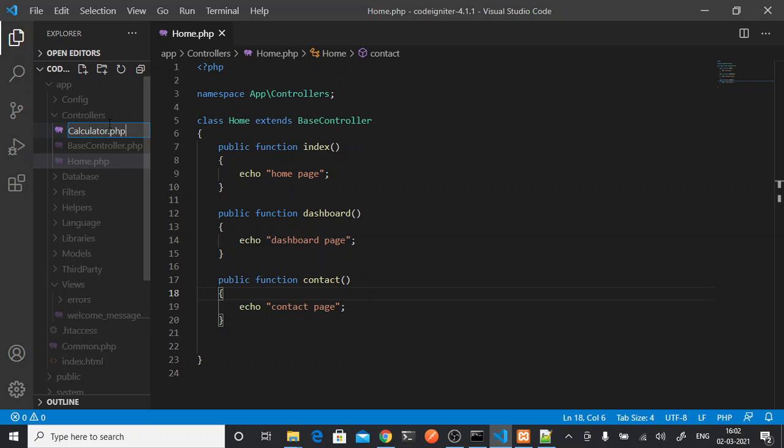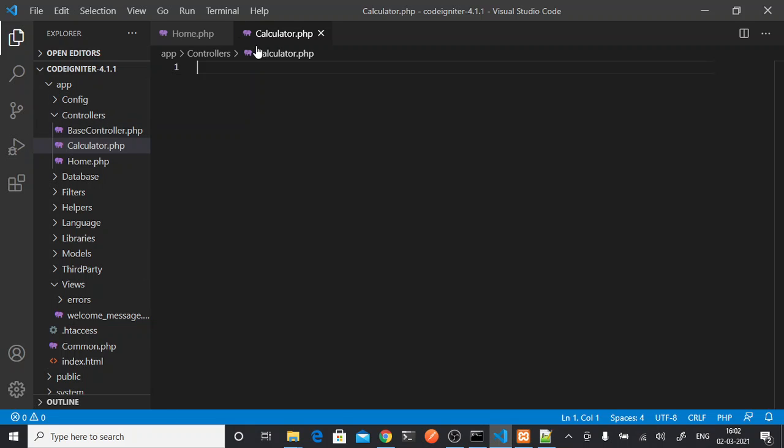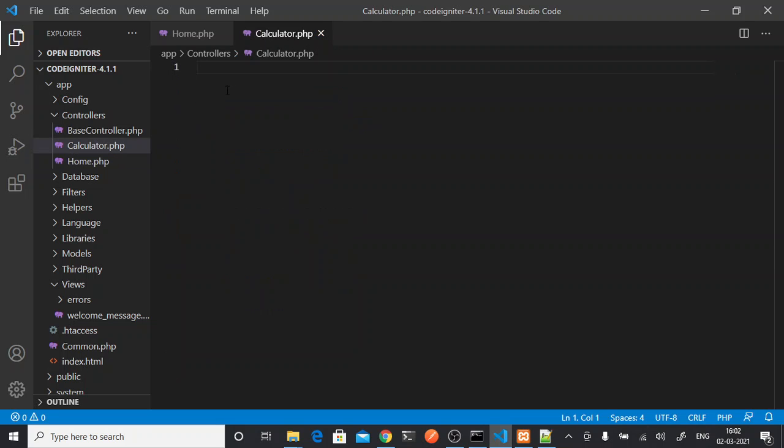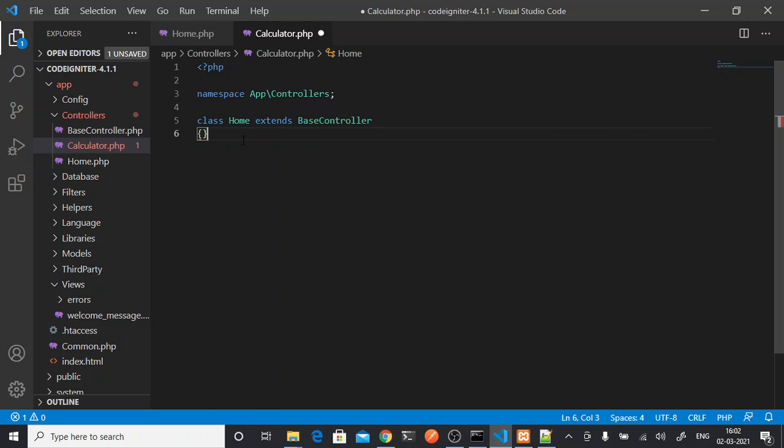.php. Whenever you are naming a controller, the file name should start with a capital letter. And here we are going to extend base controller, same how it is written in your book. So let's make a public function.